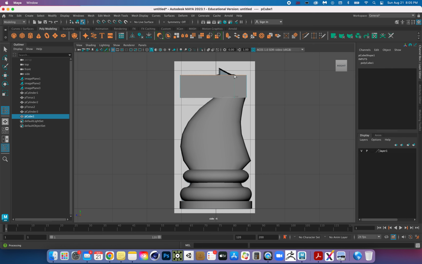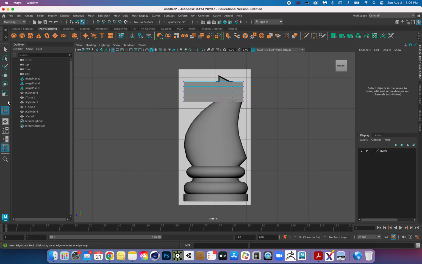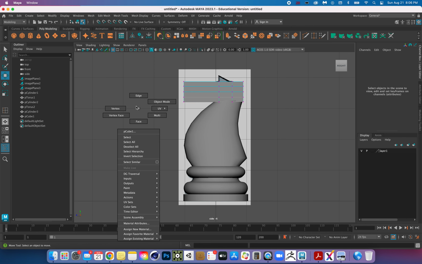And I'm going to put one here. And I'm going to put one here. And then I'm going to put some here so I can get the arcing of this. So I'm going to maybe go like, I don't know, one there, and one there. So now I've got 1, 2, 3, 4 different spaces. 1, 2, 3. So now I'm going to get into modeling in that vertex mode. So I'm going to go back to vertex, make sure you no longer have that edge loop. So I'm going to go into the move tool and vertex,